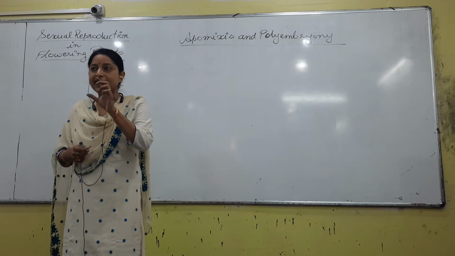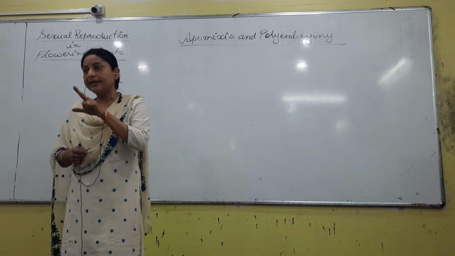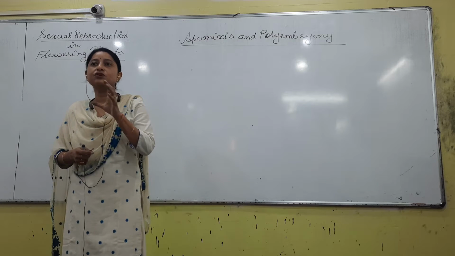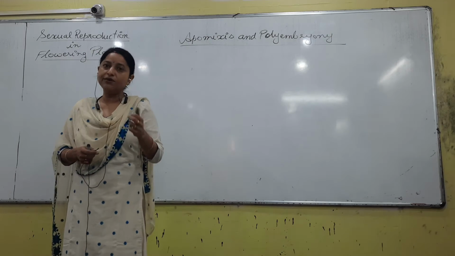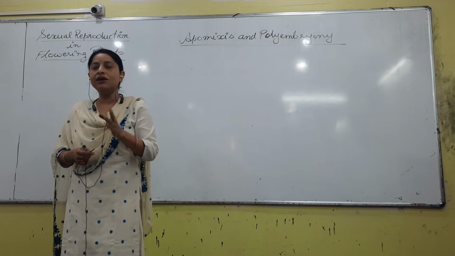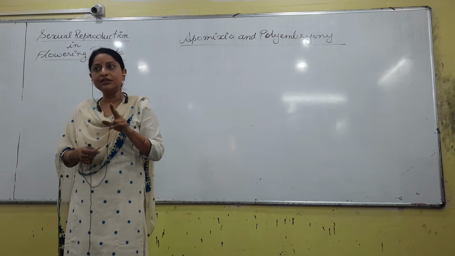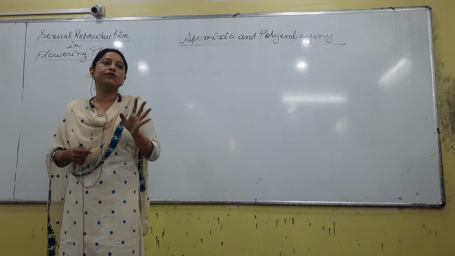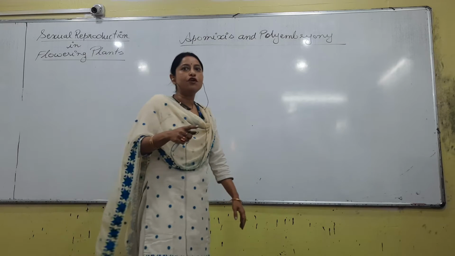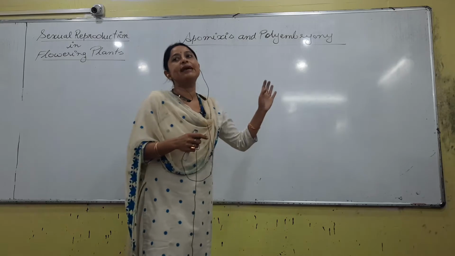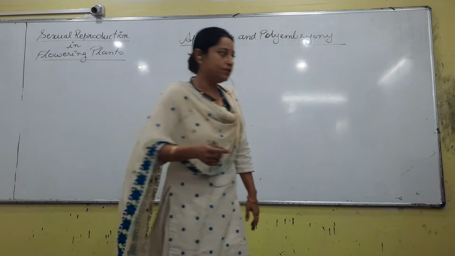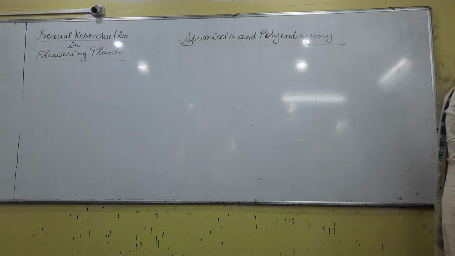Normally, gametes fuse, the fusion forms a zygote, and the zygote would form the embryo and ultimately the seed. Here there is no fusion of male gamete and female gamete. No fusion, no zygote formation, but the embryo would be formed. Depending on how the embryo is formed, we have different types of apomixes, so we will be talking about it. Write it down. The term apomixes was given by